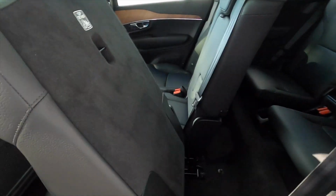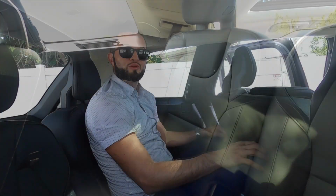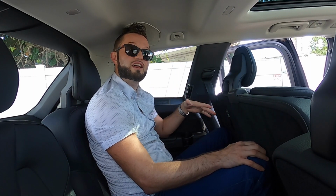Entering into the third row, pretty easy. Just slide it forward and walk right on in. For the third row, I'm at 36.3 inches of headroom because they've carved out the headliner, so it makes it a little bit better for tall people. Leg space though,